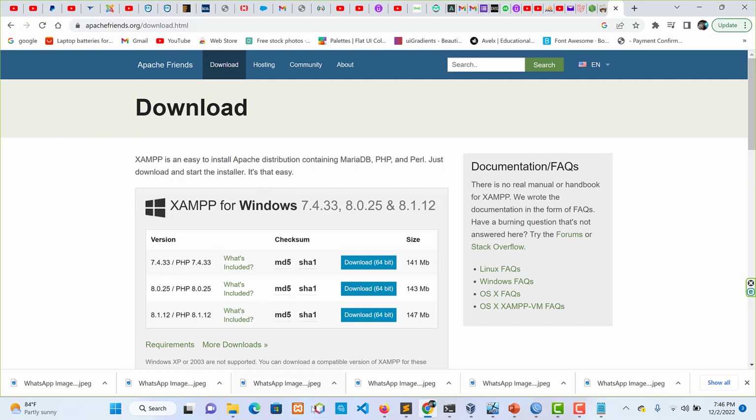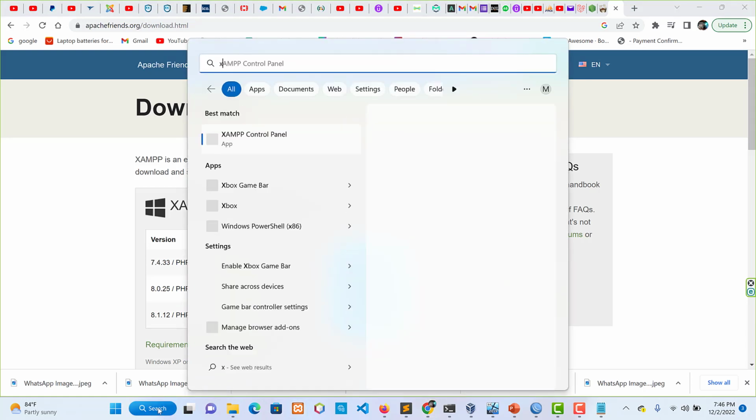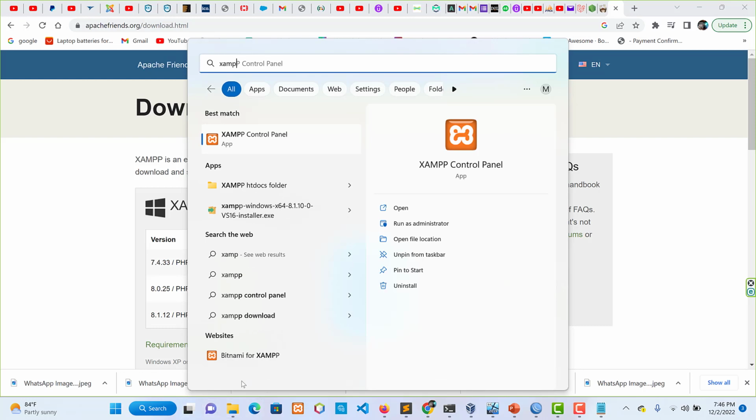Okay, then you can now start your server like this. It's going to be installed using the exe setup. Then I pinned it on my taskbar, that's why you're seeing it. Or you can search, I can look for XAMPP. Okay, can you see it, guys? This is the XAMPP control panel. You open it